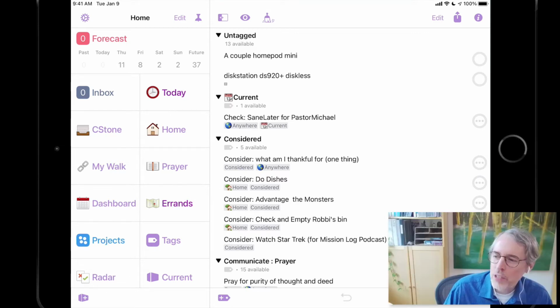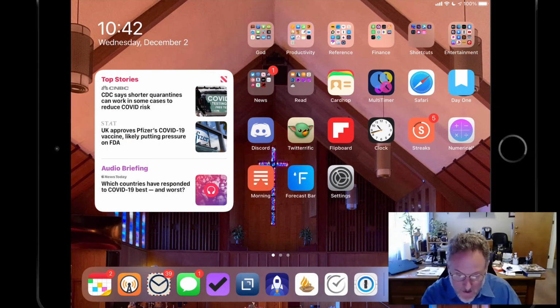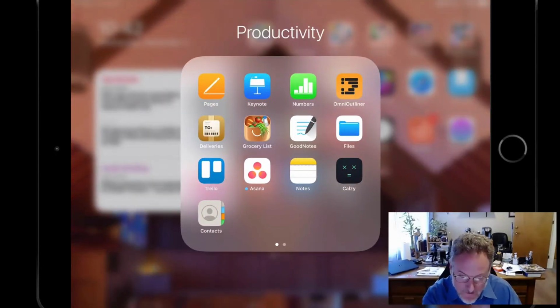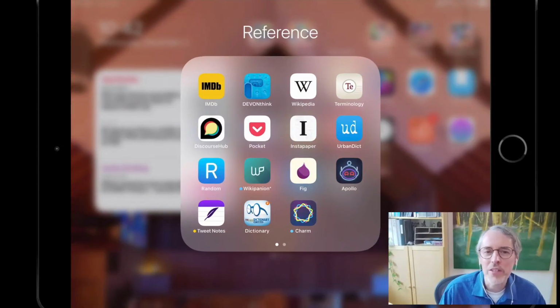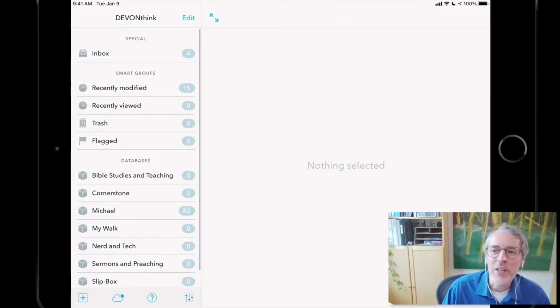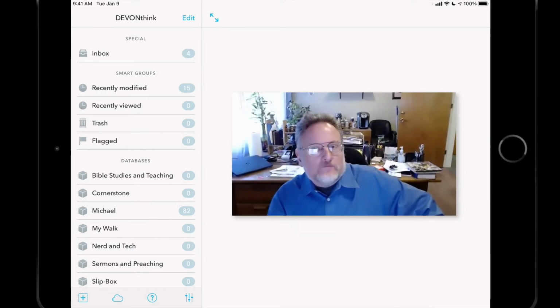Question about your experience with DevonThink on iOS and iPadOS. Is that something you use, first of all, on those devices, and do you hit any kind of roadblocks? Because I know there are some limitations when it comes to using it on these devices. Right. So I will say no limitations.